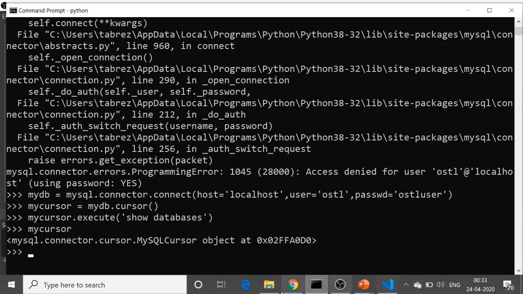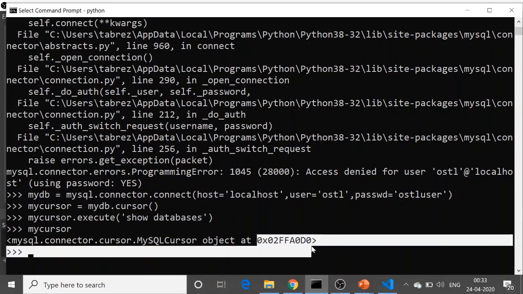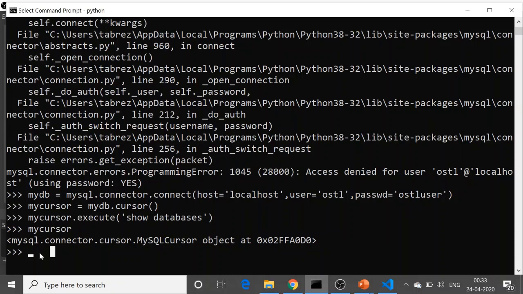So what is my cursor? My cursor is an object which is present at this memory location. Inside this object we have data, and that data is the outcome of the execution of this query, show databases. So how do we get that data? For that we just need to iterate over this object. So I would say for i in my cursor,